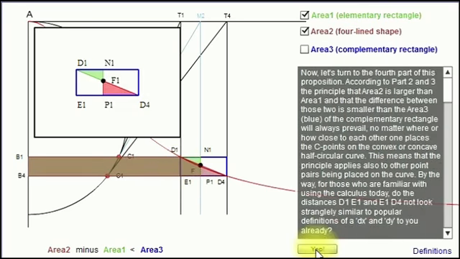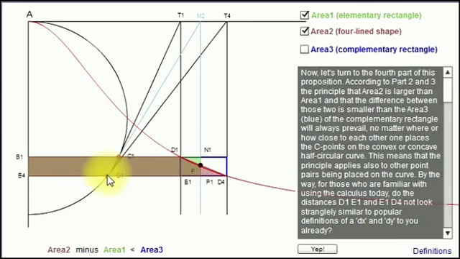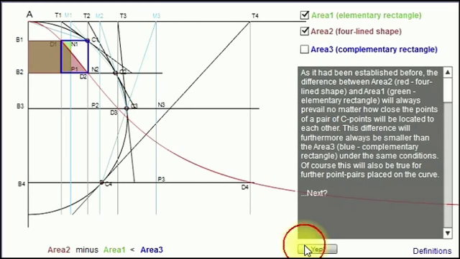So, and hence this is true for a single point pair and a single pair of ordinates, that the difference between those two areas, the red one being the quadrilinear area and the green one being the elementary rectangle, can be made arbitrarily small, and it should be smaller than the area of the complementary rectangle in blue. He said that this must also be the case if you place more than one